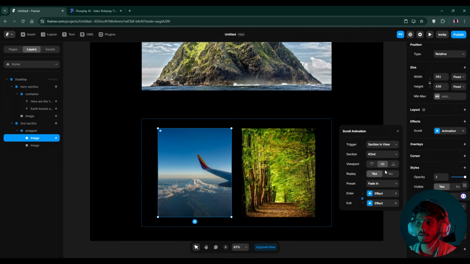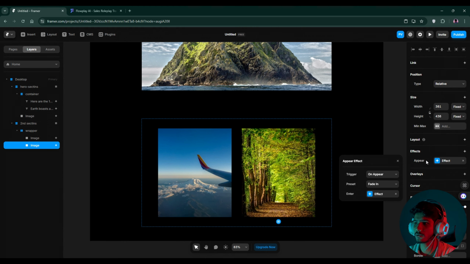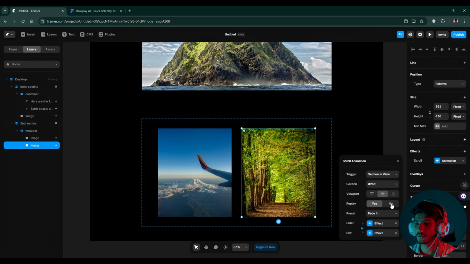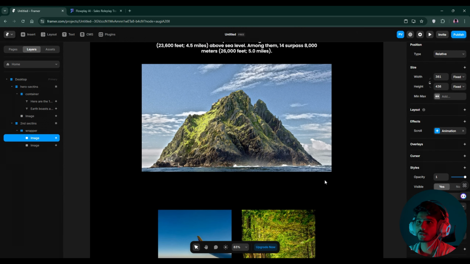Okay, select the middle section, and after that we will go to the animations and we will select slide in left. Means the slide which you are choosing will come from the left side. Okay, and after that we will remove the exit panel. Same for the second image. Simply select this, go to appear and select the section, and then to the second panel in the middle, replay no, and select from the right, slide in right, and remove the exit panel. Okay, and after that we are going to see the final result.